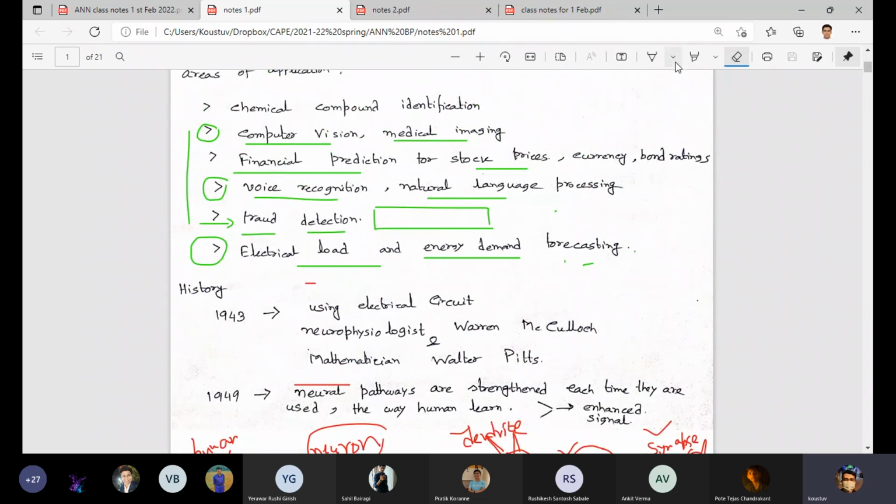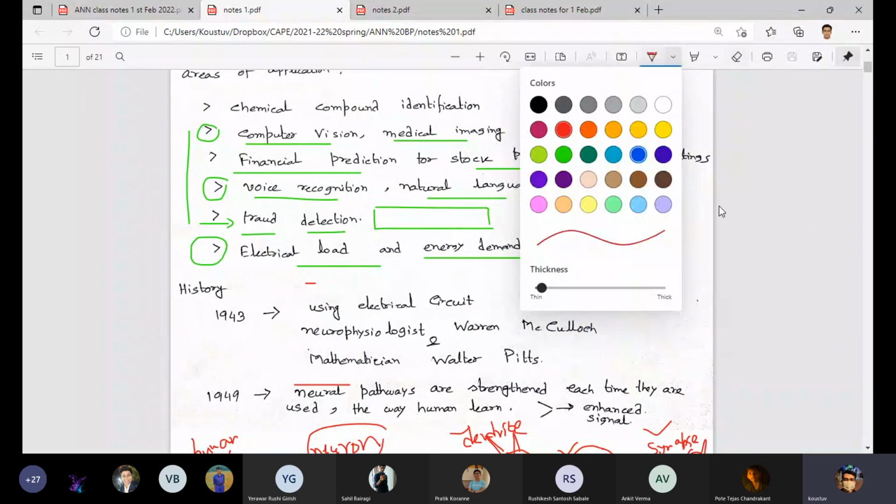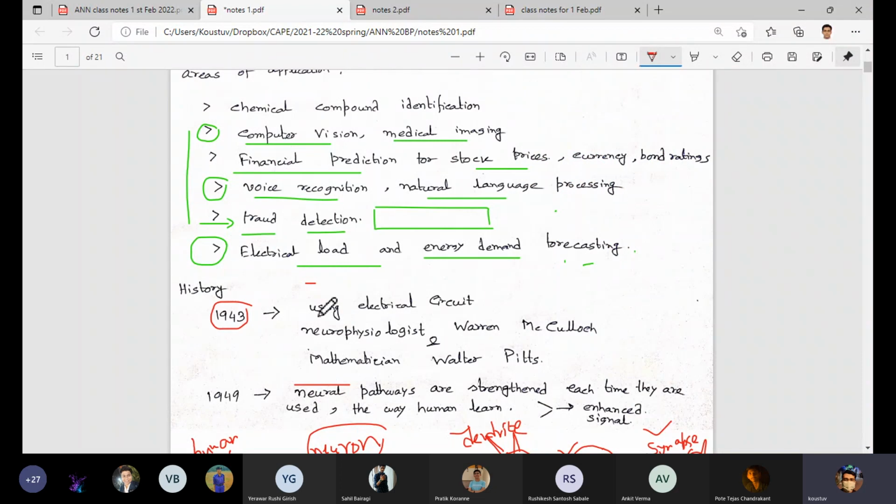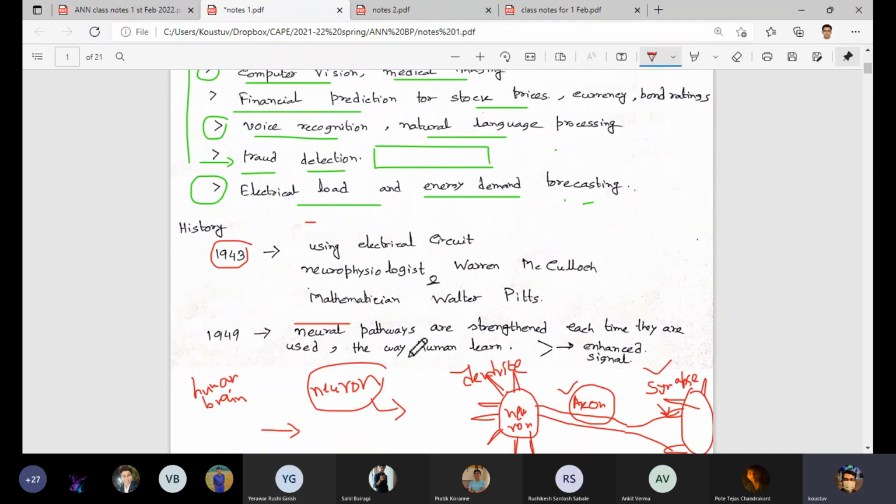If you look at it, you will find that it originated in the year 1943, so it is not new. That is the first thing we have to keep in mind. When it originated, it was mainly restricted to computers and electricals. These are the branches which used this technique as one of the modeling techniques, or you can call it a predictive modeling toolbox.